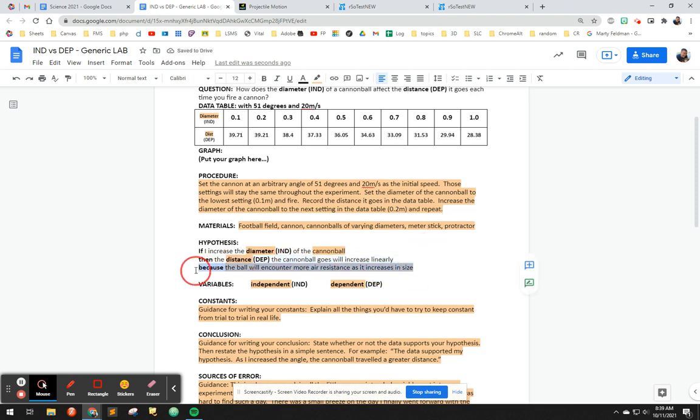And as far as the because, you could live without putting the because in there. It's not the end of the world if you leave out the because. I just like to include that because it gives me some insight into why you think that. But anyways, continuing on, diameter is the independent variable and distance is obviously